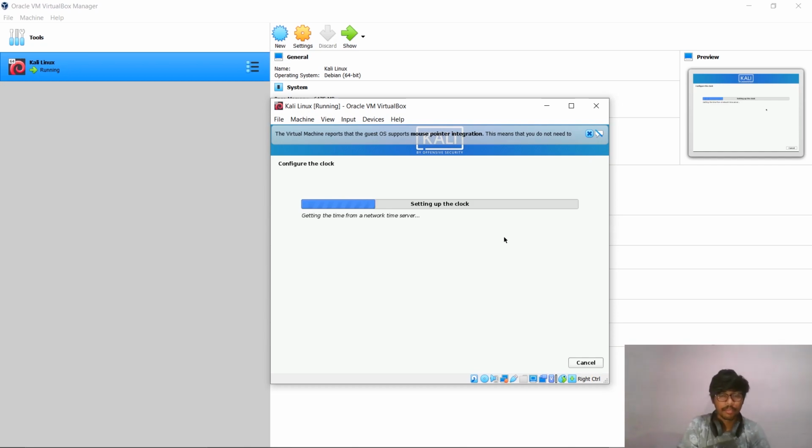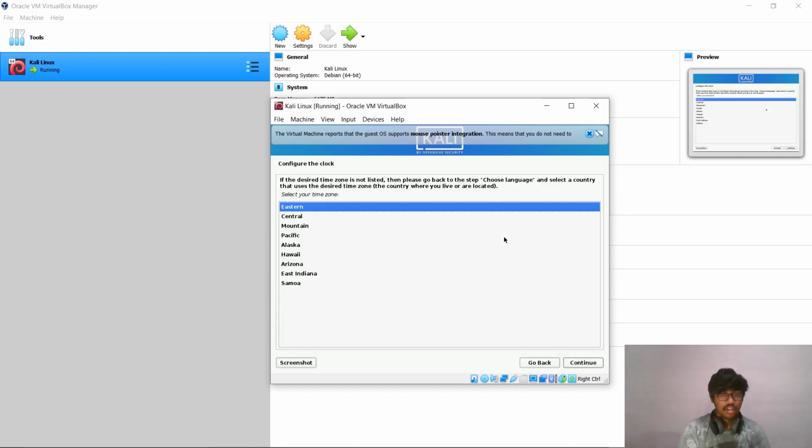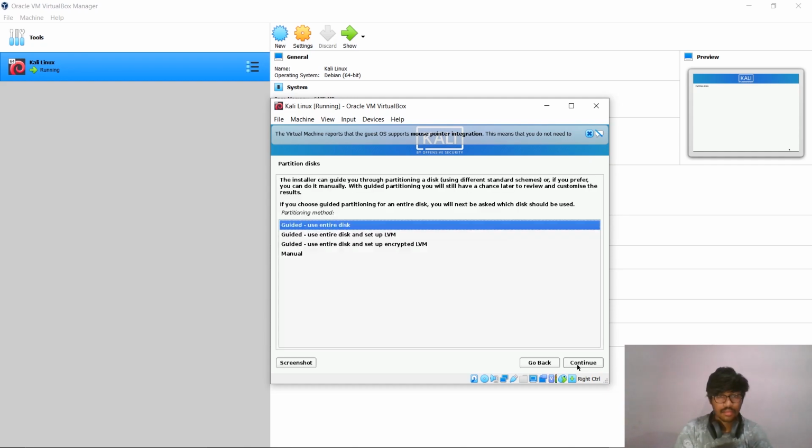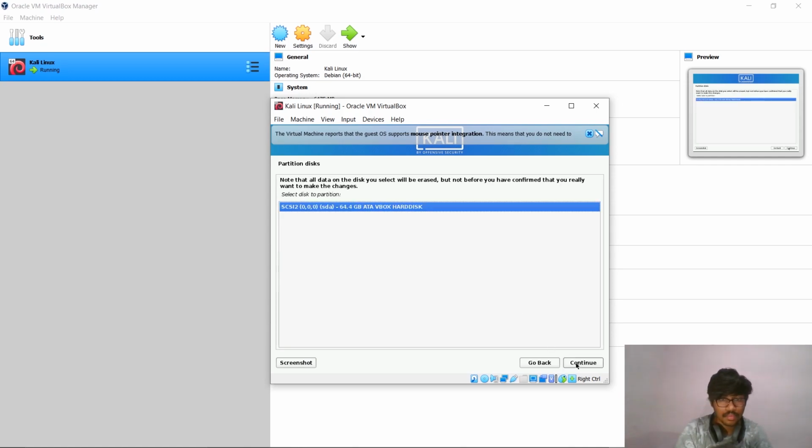Now this may take some time. Choose the time zone. I am leaving it as default. Select guided use entire disk partition. Click on continue. Continue.